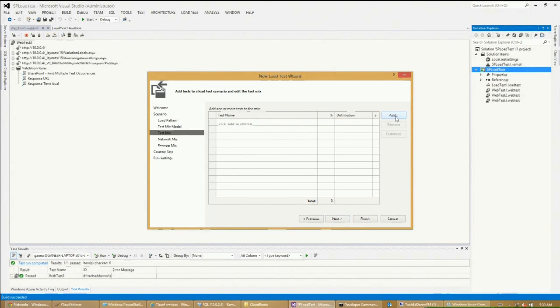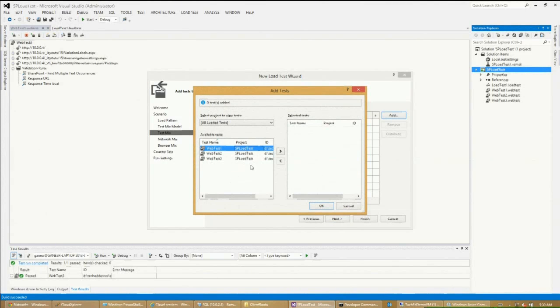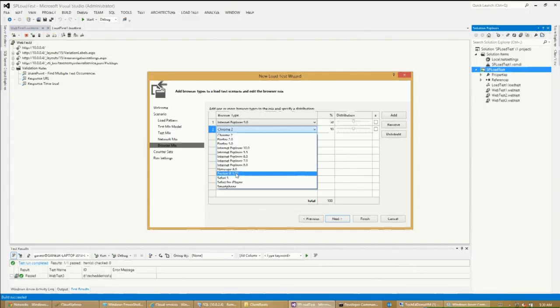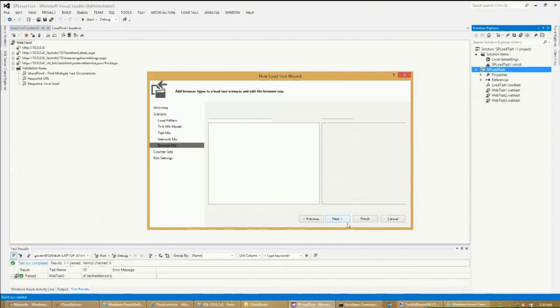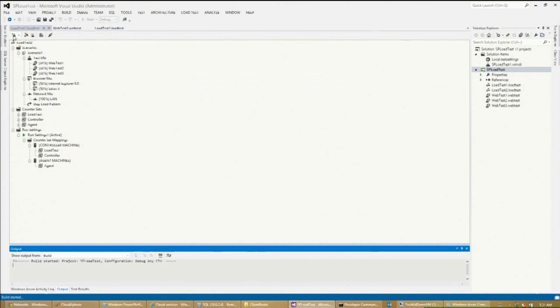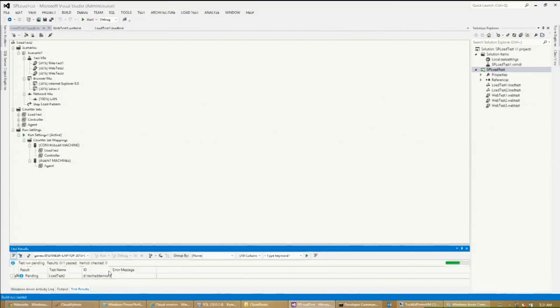I have a bunch of tests that I already created, plus the one that we just created. So I'm going to add these 3 tests, and I'm going to use them to generate 1/3 the load. I'm going to simulate a LAN environment, and I'm actually going to use a couple of different browsers to simulate the load. And we've got our test ready to go. Once I fire up the test,